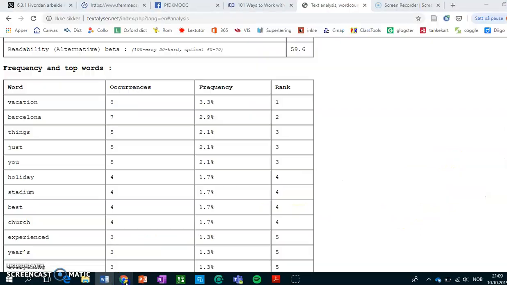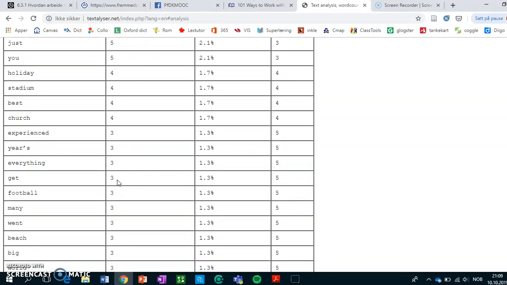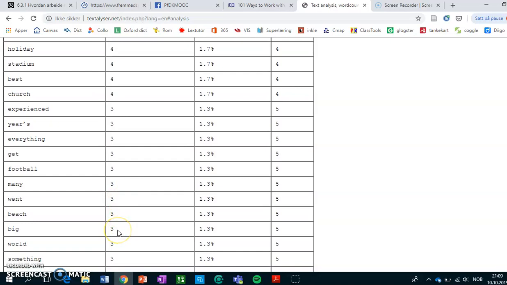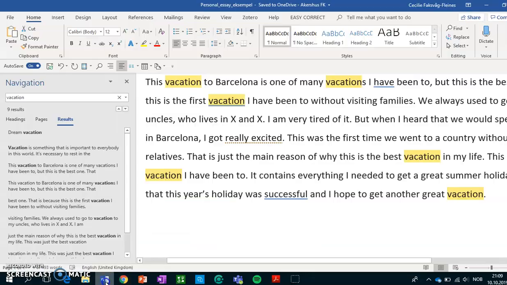And then I can go back to the results here again and look at some of the other words. Some students say, well, I only use this word 3 times, so that isn't a problem. Well, it depends. If it's a lexical teddy bear, such as big, you should not use big 3 times. You should try to avoid it altogether. But also sometimes if you use a word 4 times, if we check out church, for example,